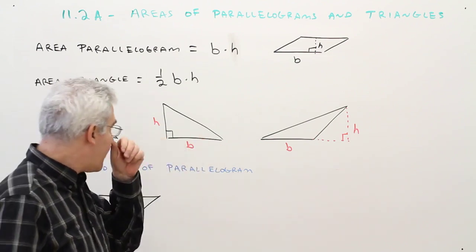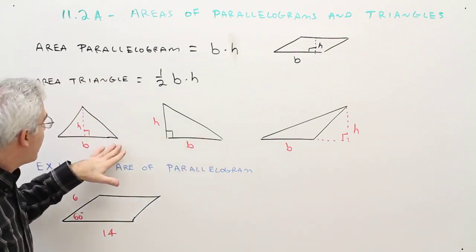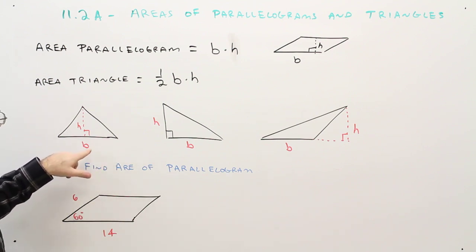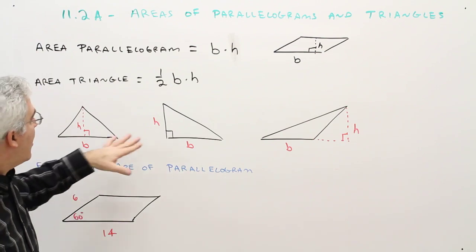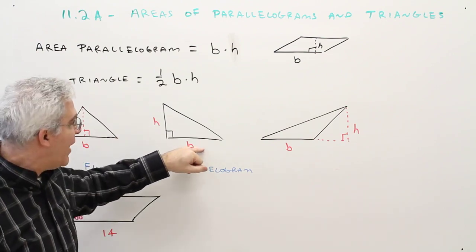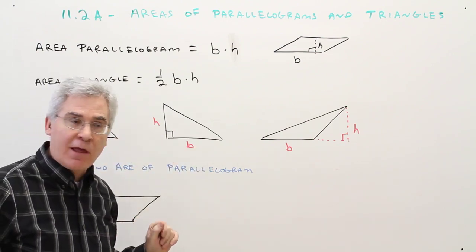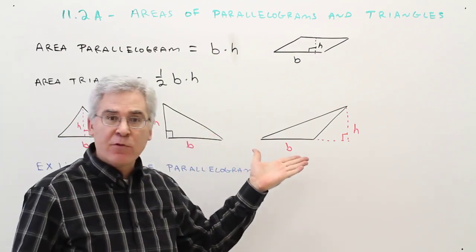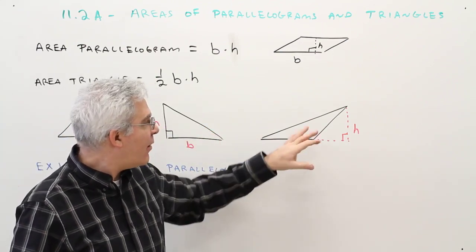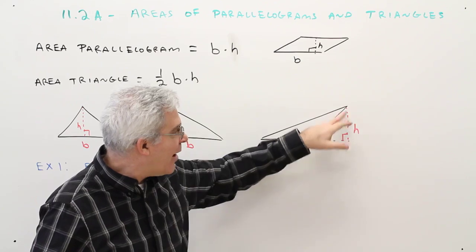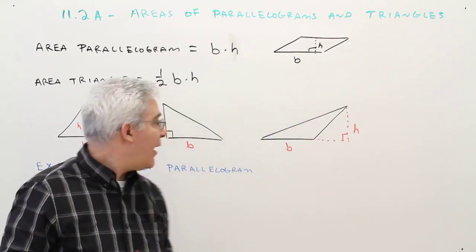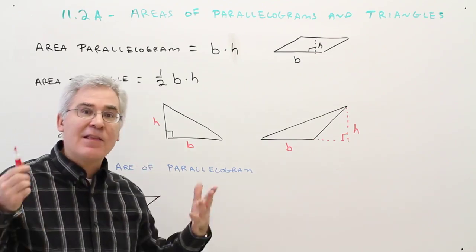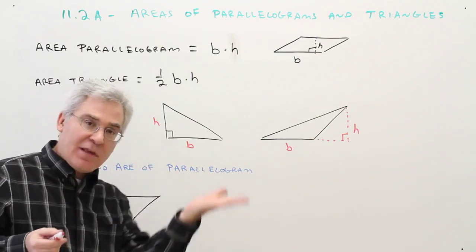And here are three different types of triangles. So here's an acute triangle, where I've got the base here and the height is on the inside. Here I've got a right triangle where the base is one leg, the height is a different leg. And here I've got an obtuse triangle where the base is here, and what we've got to do is extend out and the height will again be perpendicular. Again, I want to emphasize any side of the triangle can be the base, it does not have to be